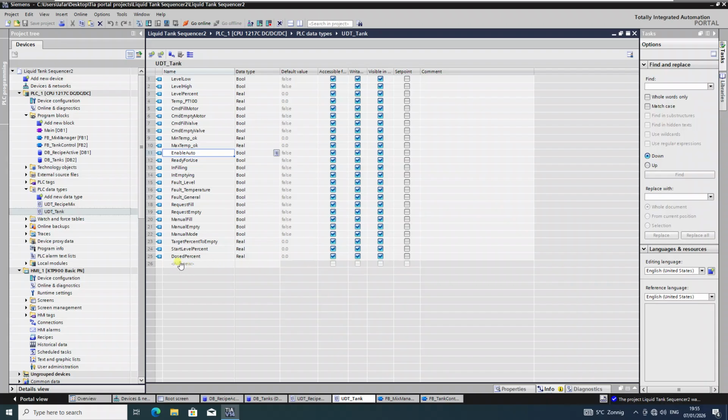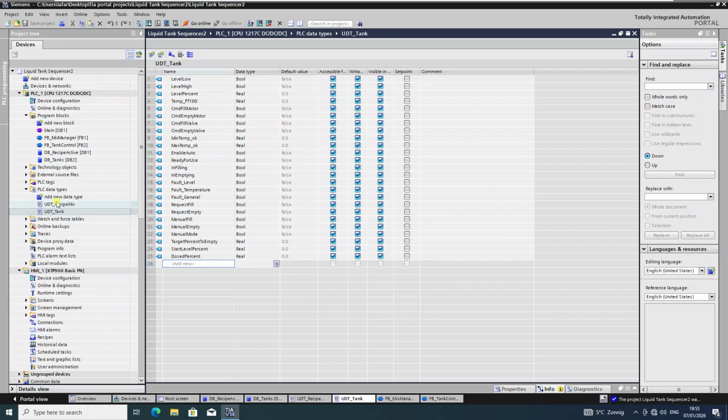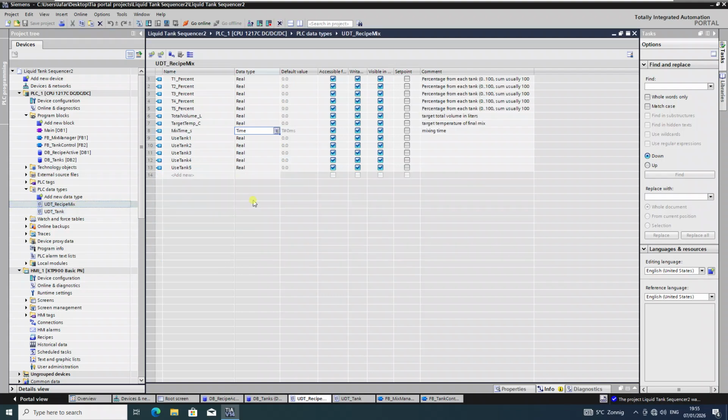So in the past video we stopped at the same level, and we will pick it up from the same point. So this is UDT tank. I have filled all the variables and now we are going to set the variables of the UDT reset. I have already declared some variables. You can just copy paste it or stop the video and fill it out. Okay, and now